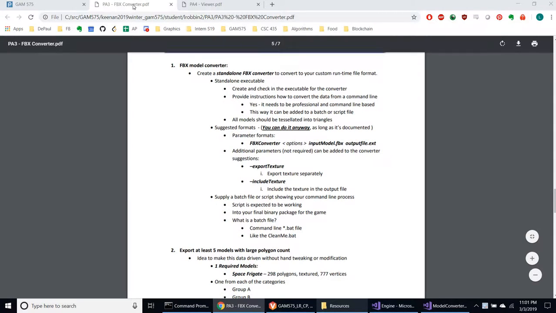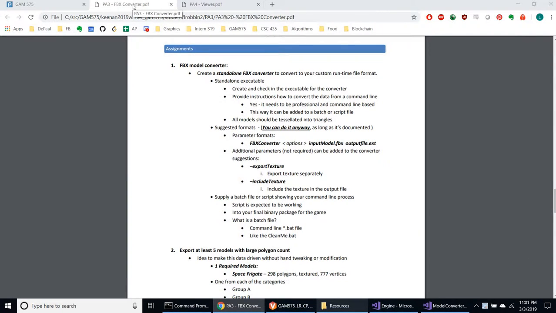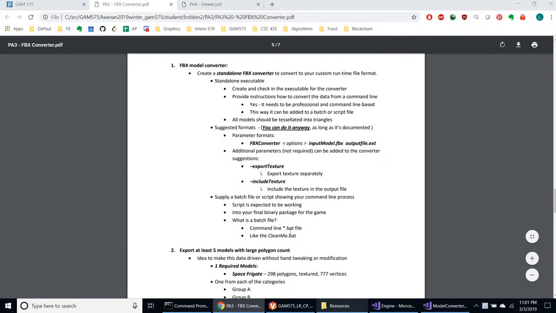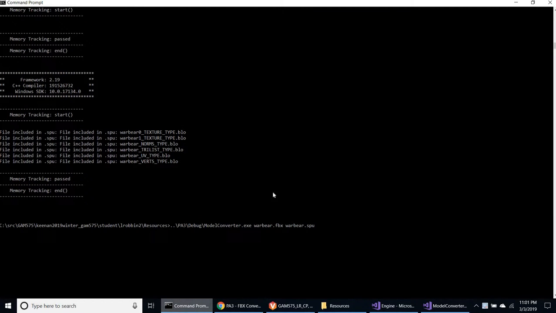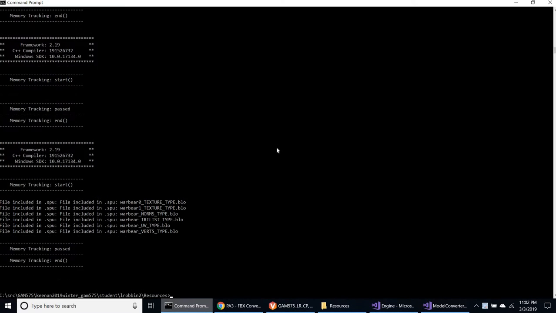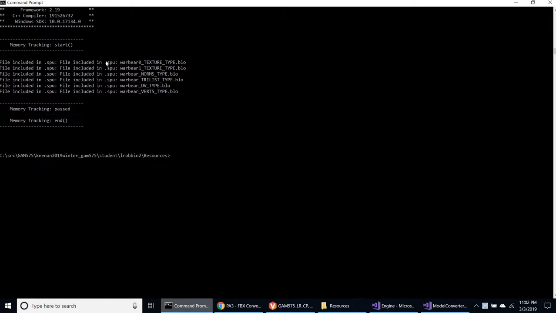I'm going to give you a demo of my model converter and my viewer for PA3 and 4. So to start off at PA3, the model converter, I'm just going to get going and show this thing in action. I'm going to run it from my resources folder, which is where I have my textures and things like that, because I need access to the FBX that's actually being converted. If I run it here, you can see I list the files I can include